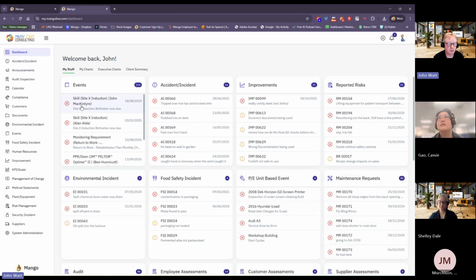So what happens is you'll get an event that Mango will tell you when it's due for review if you set the reviews up. Yeah, but if I decide that I just want to review the file as part of a document review, as part of a process, so we would be writing processes, can I do that?